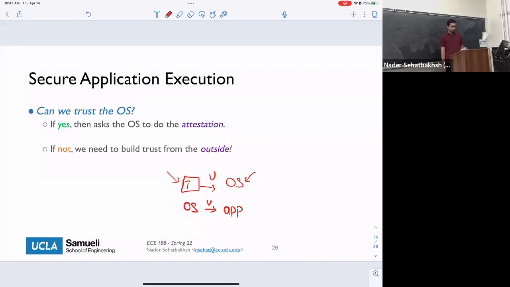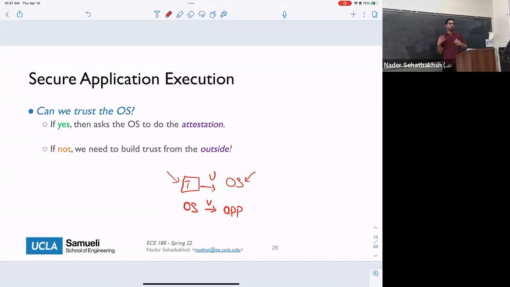But the problem really is that in many cases, the operating system itself cannot be trusted. Why? Because with all of these attacks that we're talking about, the first thing they do is compromise critical functions and functionalities in your operating system. So there are many scenarios in which you cannot really trust your operating system.